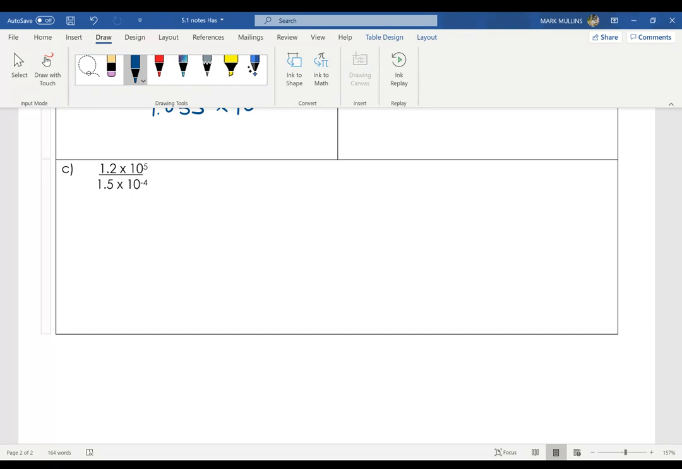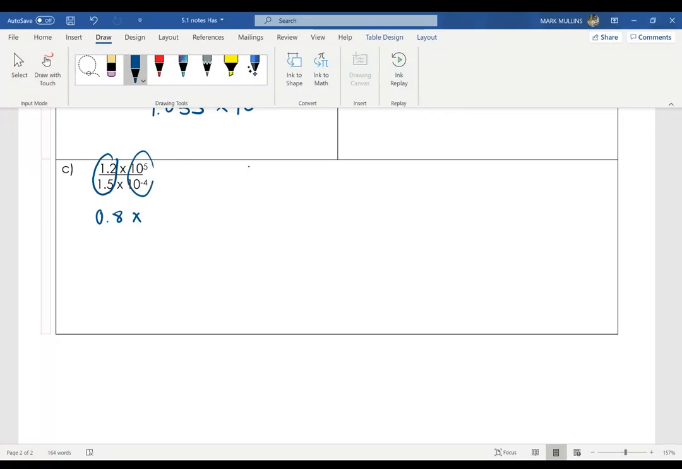All right, so on this last one, we're going to do something similar again. It will be just like if I had an x and a y in my numerator and an x and a y in the denominator. X's can be simplified with x's, y's with y's. So I'm going to look at dividing the 1.2 by the 1.5. 1 and 2 tenths divided by 1 and 5 tenths, so 0.8